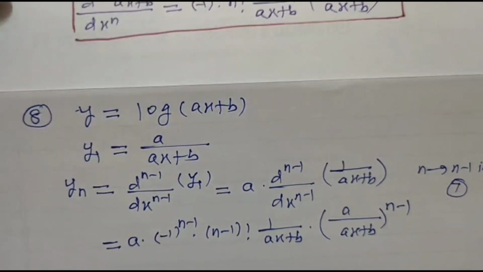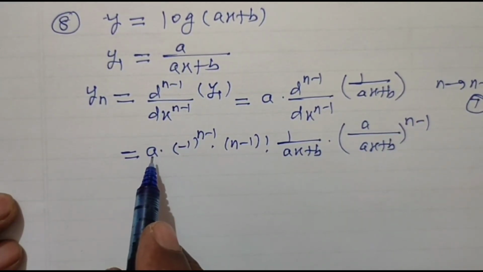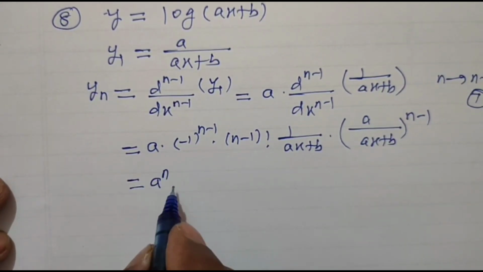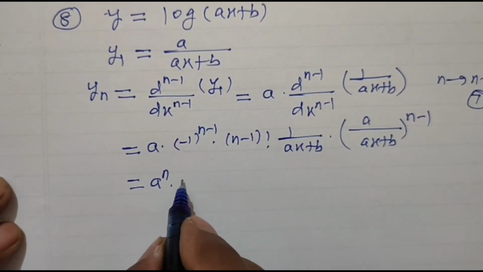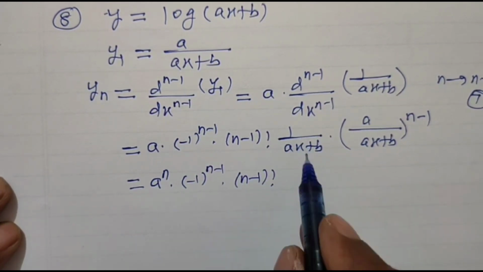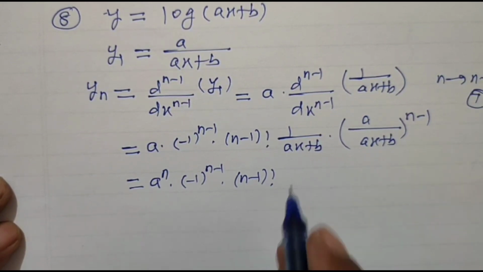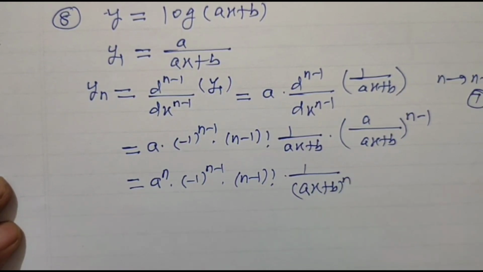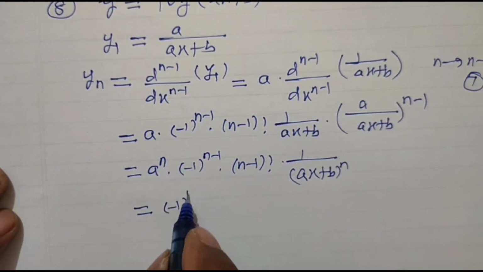Now we can simplify this. This can be written as a to the power n minus 1, and a into a to the power n minus 1 becomes a to the power n only. Then minus 1 to the power n minus 1 factorial. Now 1 upon ax plus b into 1 upon ax plus b to the power n minus 1 can be written as 1 upon ax plus b to the power n. Okay, now finally we can write this as minus 1 to the power n minus 1